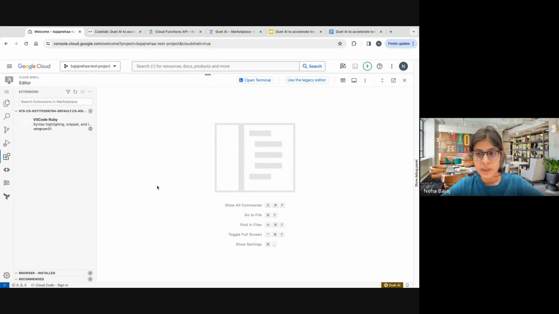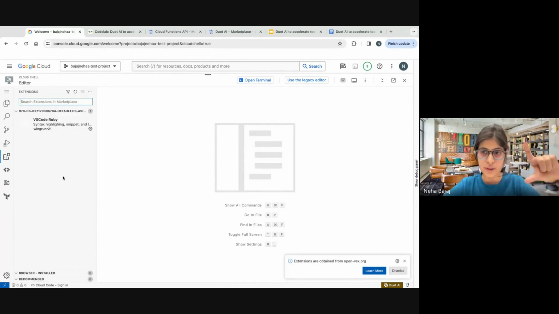Yeah, so once you have opened the editor, on the left hand side, you will see a lot of icons. There is this icon with the squares. It is an extension icon. Just click on that. It will open the extensions window for you on the left hand side